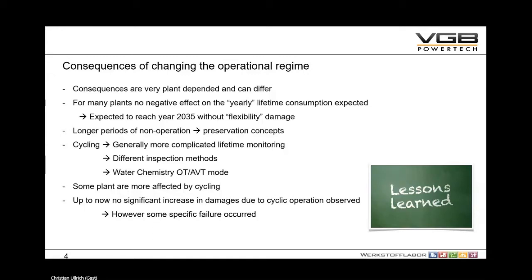So it can really differ from plant to plant, and therefore it has to be evaluated for each and every plant, and we cannot have a very general approach due to this specific situation, which is very plant specific all over Germany, so to speak. Yeah, so there are many plants, as I mentioned before, which do not face a massive increase in lifetime consumption per year,